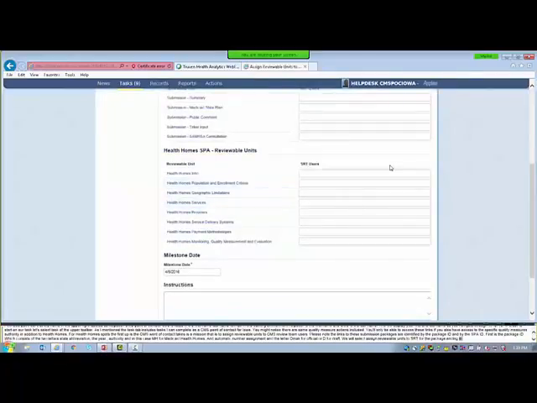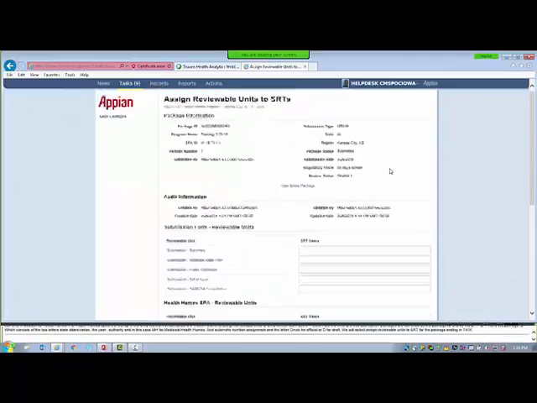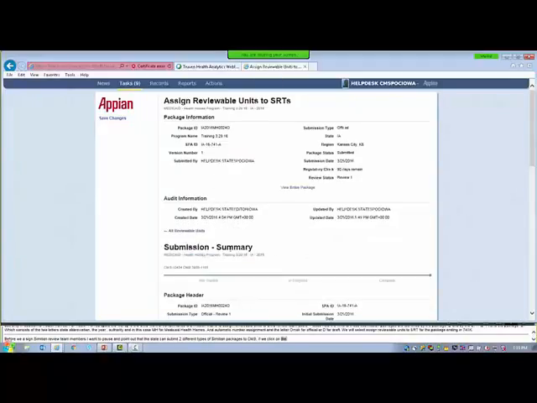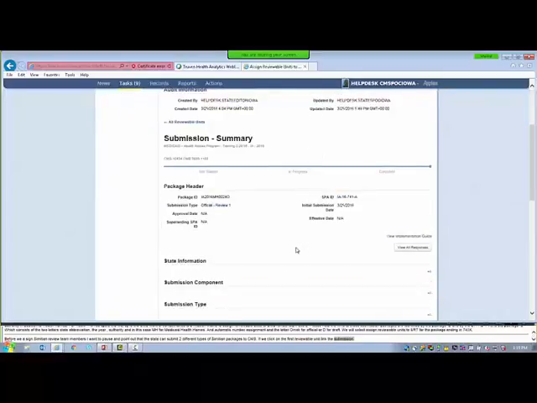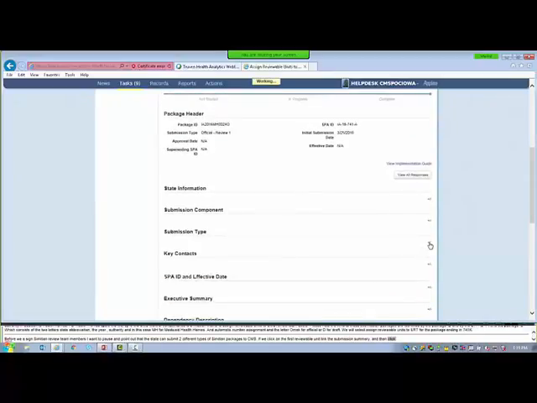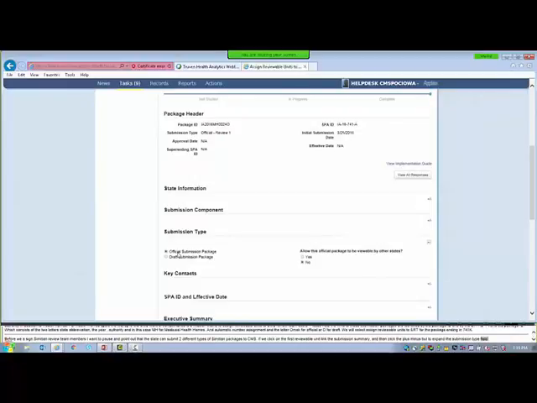Before we assign submission review team members, I want to pause and point out that the state can submit two different types of submission packages to CMS. If we click on the first reviewable unit link, the submission summary, and then click the plus/minus button to expand the submission type field, you will notice that this is an official submission package.